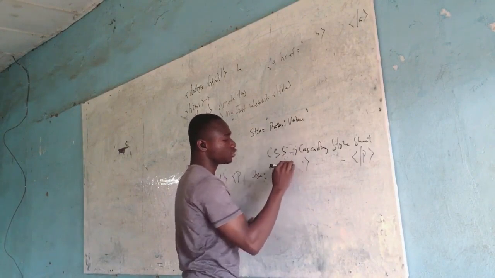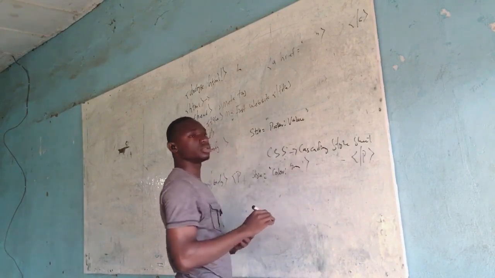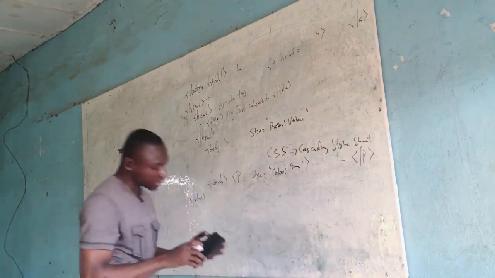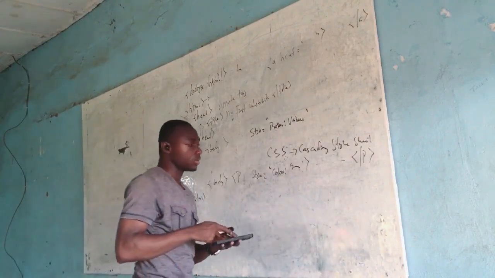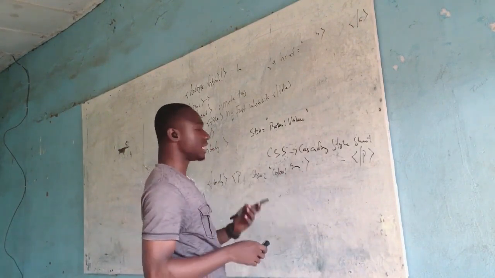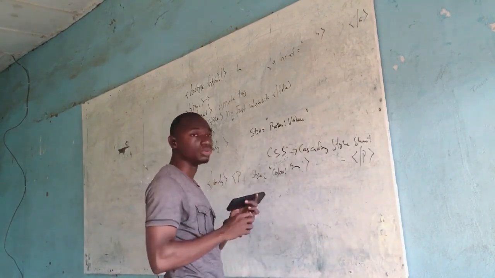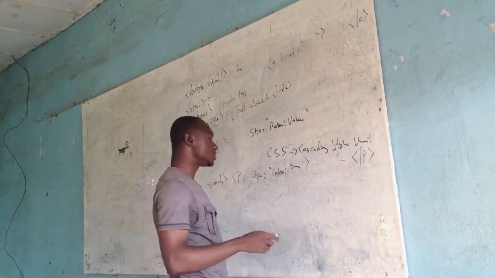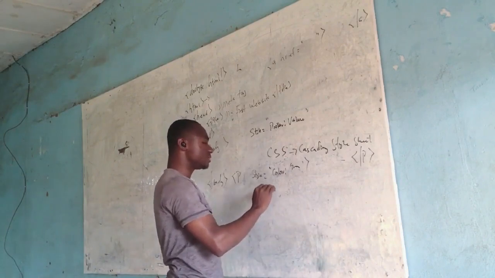You can alter the value to green. You can alter the value to any color of your choice using the local color names, and you can also get the results. Now, still dwelling on colors, apart from using the local color names like green, red, blue, purple, indigo, violet, orange, you can also use color values that have to do with hexadecimal